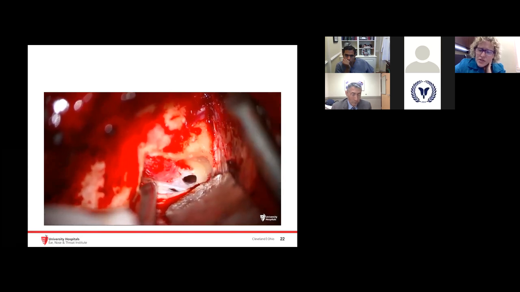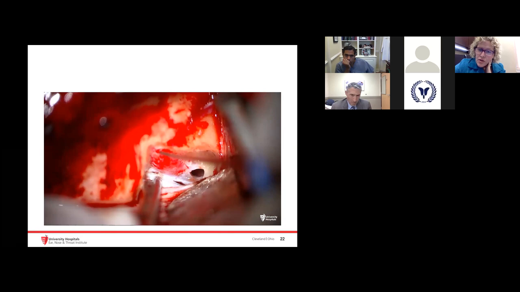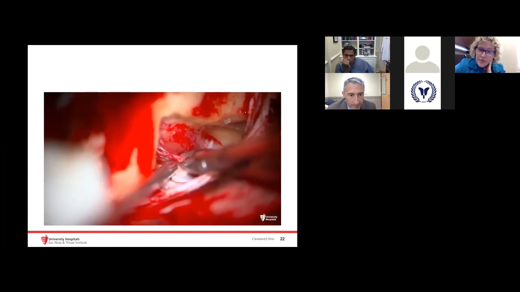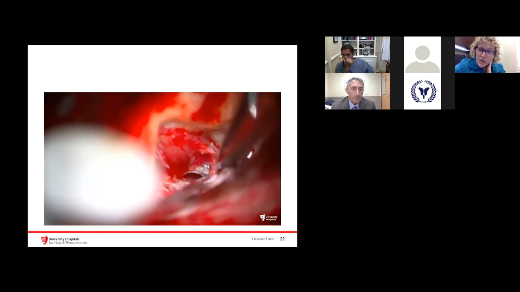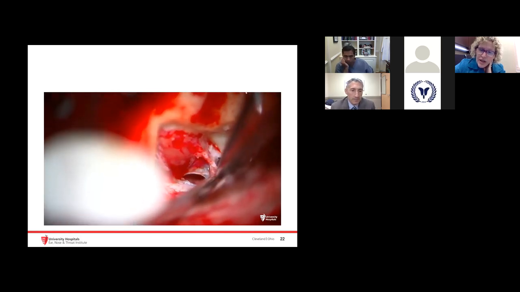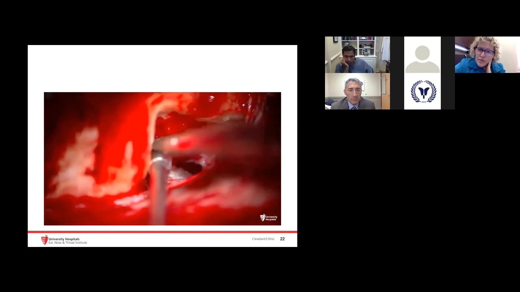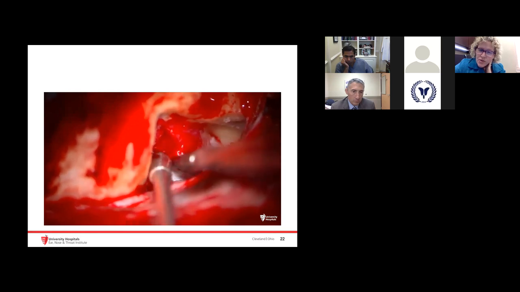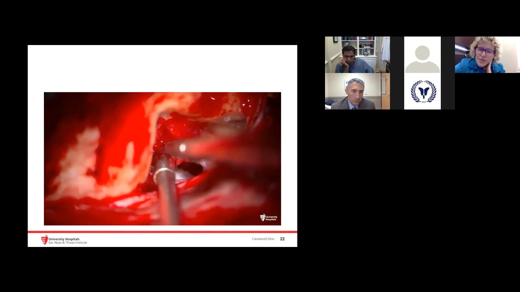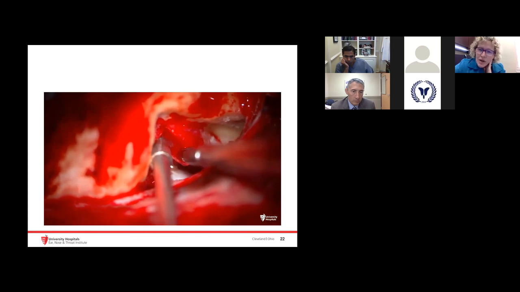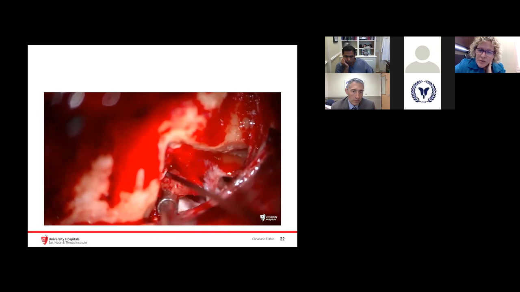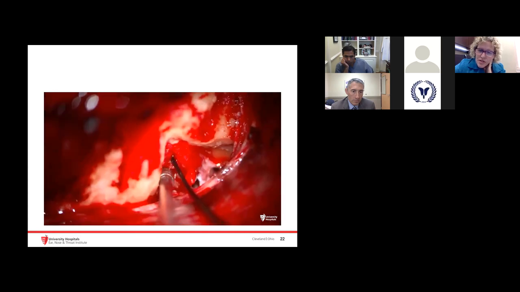And that's the superior vestibular nerve that I was just touching. And then we're going to identify that positively with the facial nerve monitoring apparatus, whichever company you like to use. And then Dr. Bambakidis is going to come in, do some fancy tumor work. Some of these tumors, even when they're small, can be quite sticky and vascular. This was a pretty sticky one, and took a few extra minutes to safely get it off the facial nerve